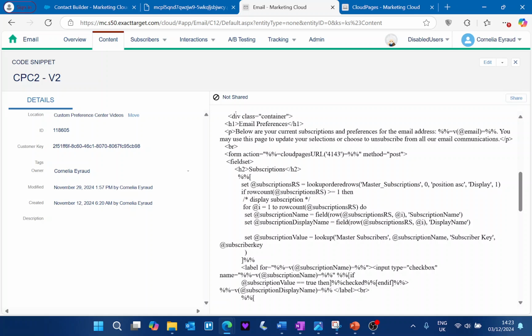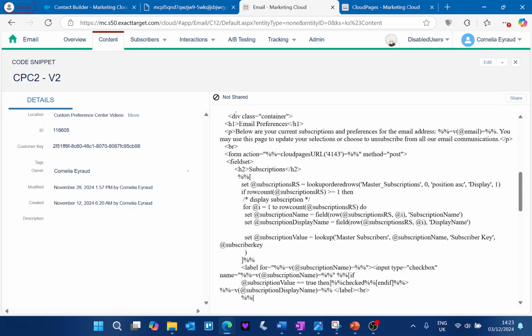And also I said here that if we have a result which is different from 0, if we have a result bigger or equal to 1, you have to display the subscription. So you can see that here I display the name of the description of the subscription, sorry,